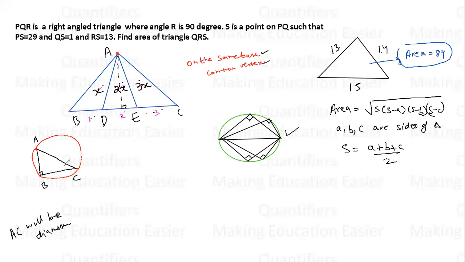अब देखो अगर AC diameter है, so let's say this is the center of the circle, right? AC is diameter. I'm assuming this is the midpoint. So this is the center of the circle. Let's say O. So students, now if I join O and B, can I say OA will be equal to OB will be equal to OC? All three will be equal.